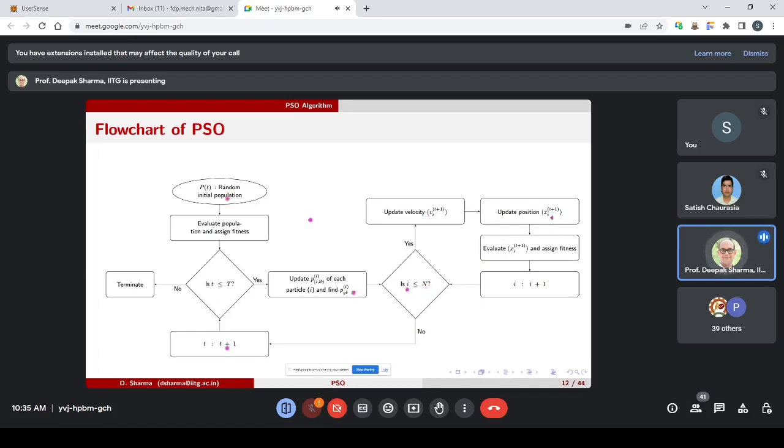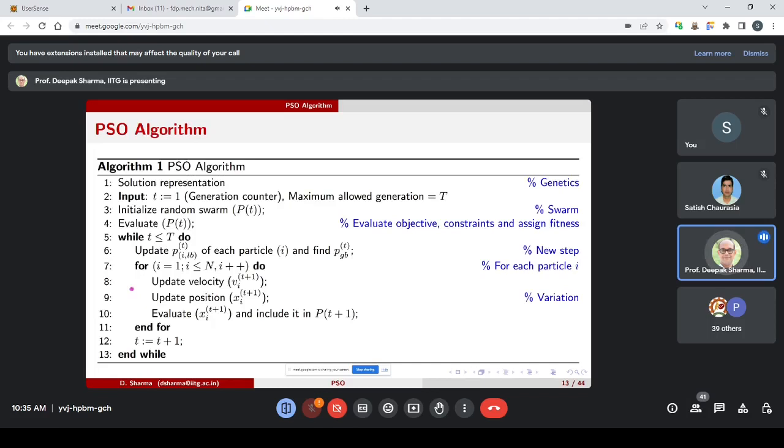Once it is done, we will be updating t, which is the number of iterations, and then we will keep on moving in this particular loop until the number of iterations is more than the capital T, and then we terminate the algorithm. So the same algorithm, if we see in terms of algorithmic representation,